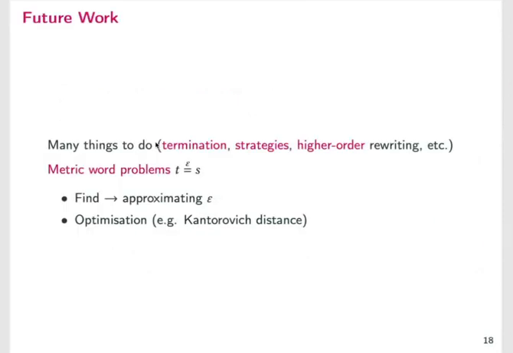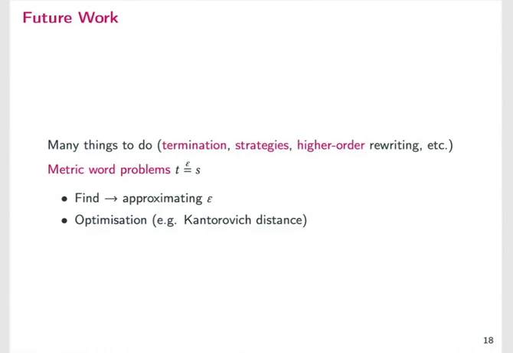And concluding, let me spend just 30 seconds on future work. As I said, the work is essentially some first steps into quantitative rewriting, and that suggests that there are quite a lot of things to do. In particular, we focus on confluence, and we just have few results about termination. So that's something that should be studied more deeply, and then we should also study strategies, higher-order rewriting, and so on and so forth. So there are many things to do.